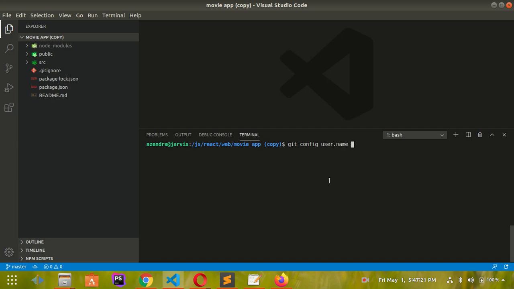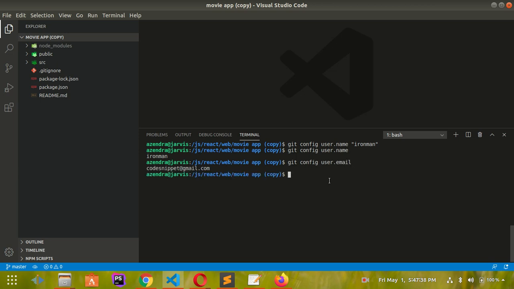user.name Ironman. Now let's view that name: git config user.name, and also let's view our email: git config user.email. To change our email, git config user.email Jarvis